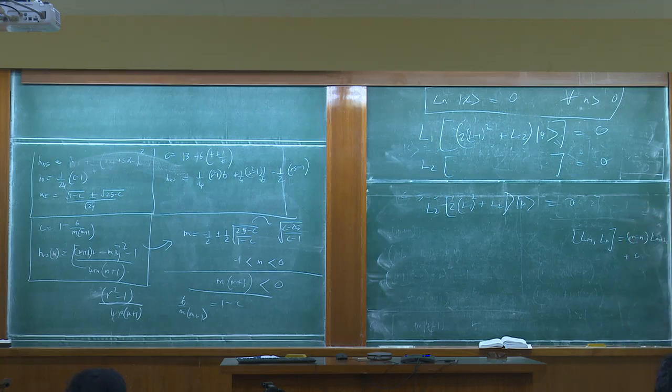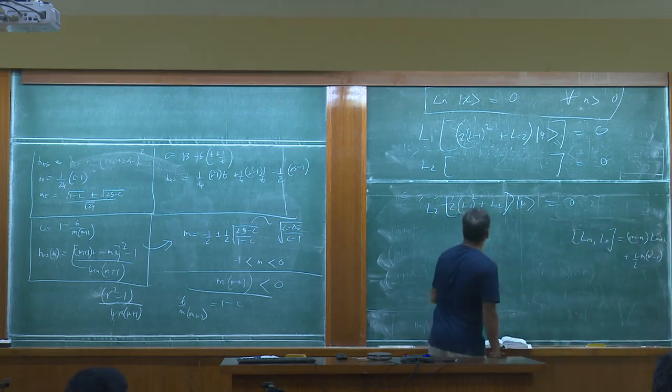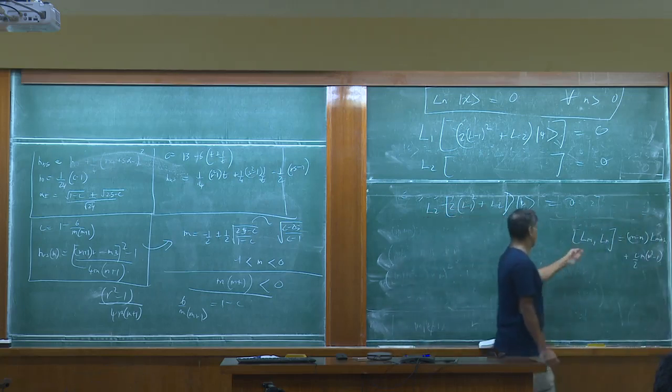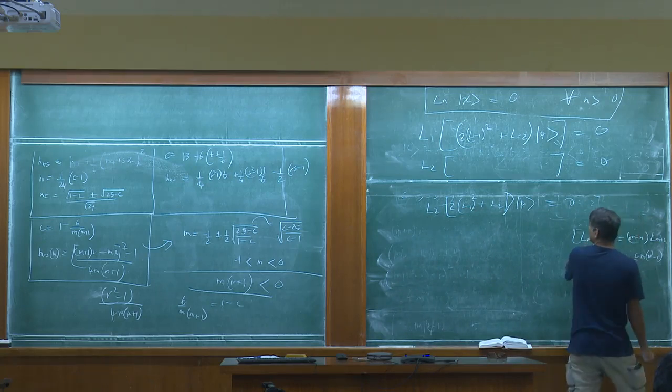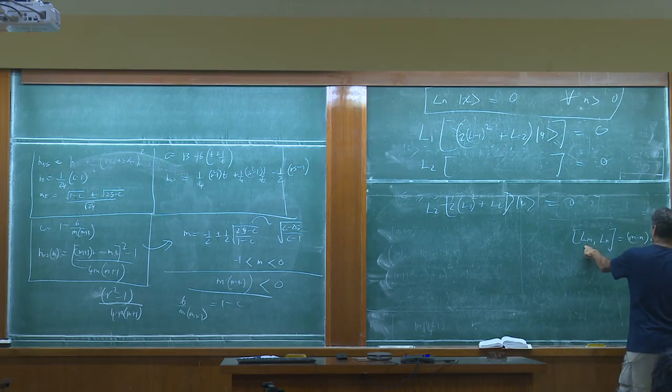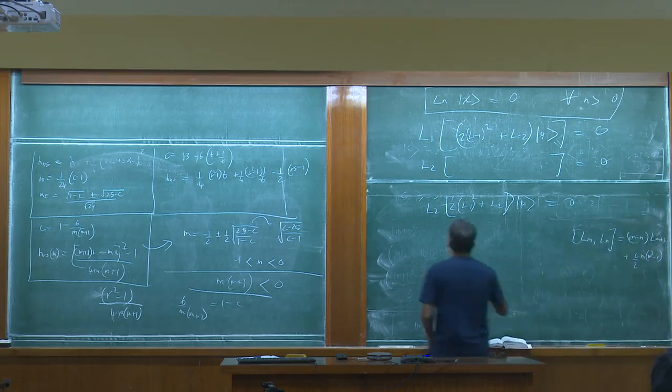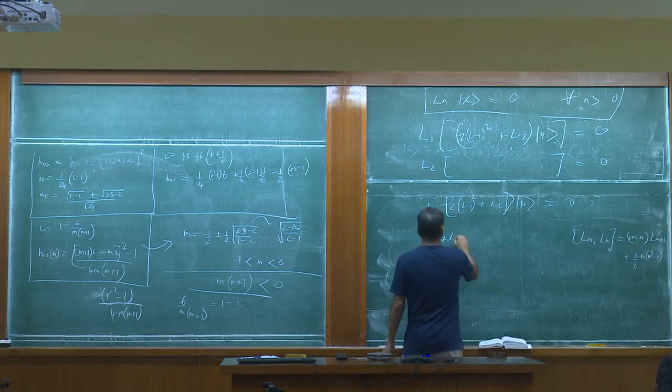C into what? M square minus 1? M into M square minus 1. Okay, thank you. So let's do it with L2 with L minus 2. We get 4 L0, 4 L0